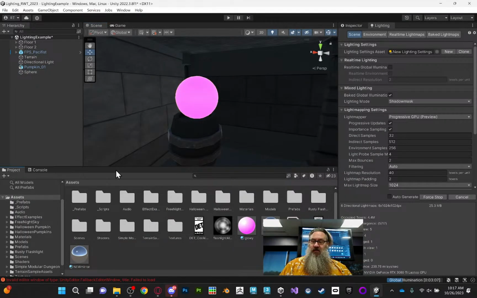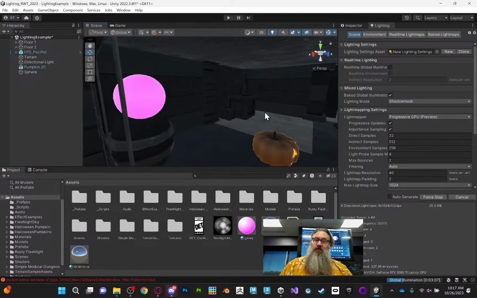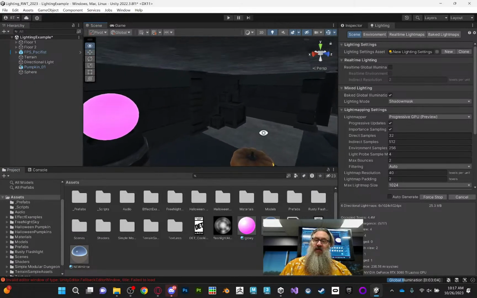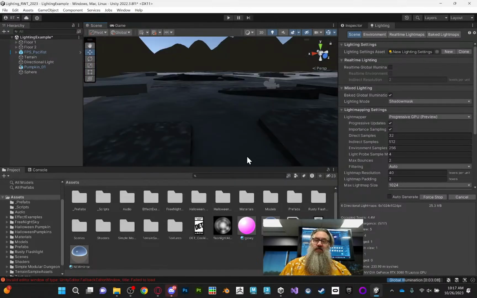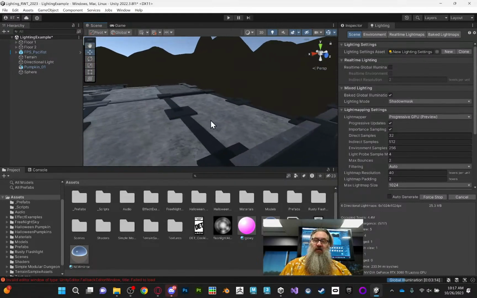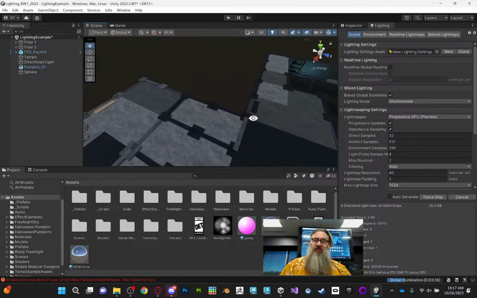Yeah, I messed that one up. Let me see if I've got another scene. Well, I want this to do what it's doing. So with light probes, you've got to basically set it up like a cage. I don't really have a good hallway or anything set up for this right now. We'd have to do some more